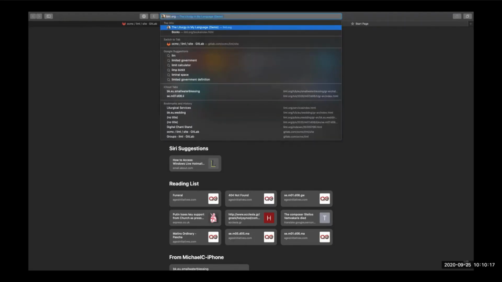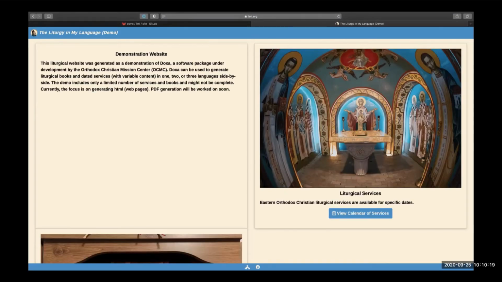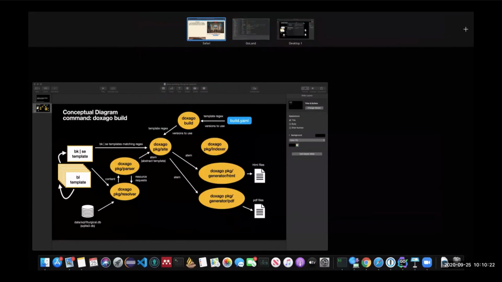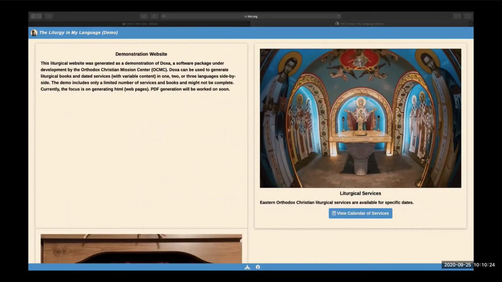So lemel.org, this is completely generated from Doxa. I'm generating it at the moment as a demonstration site. Everything you see here is straight from Doxa. And the reason I'm emphasizing that is I know that you're interested in using Doxa for your liturgical services, and